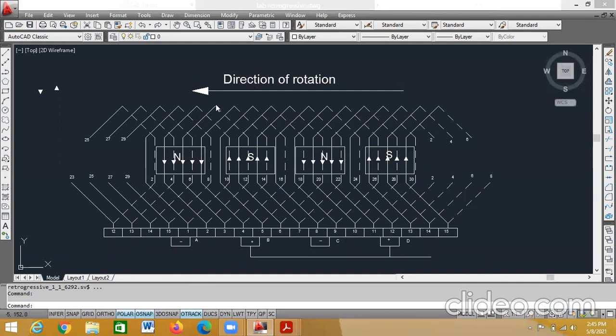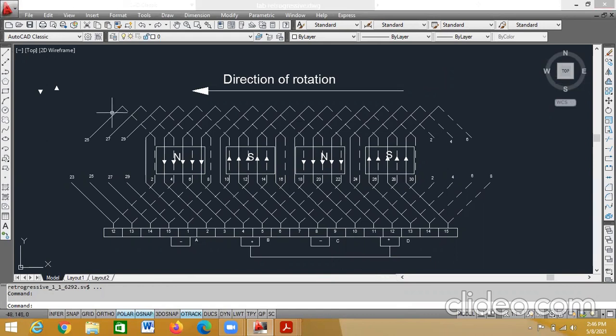At the center of the pole, you have to place the brushes. And depending upon the type of the winding, you have to place the polarity. Under north pole, it is negative. Under south, it is positive. For progressive lap and retrogressive wave, under north, it is positive. Under south, it is negative. For the remaining types of windings, under north, it is negative. Under south, it is positive. Now connect north and north here. Next, south and south poles.